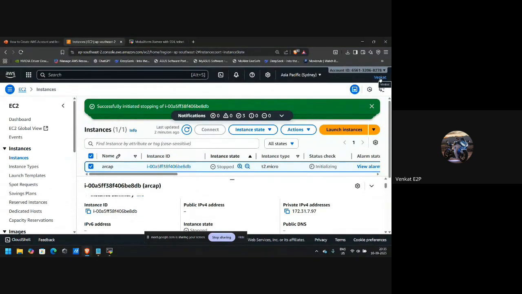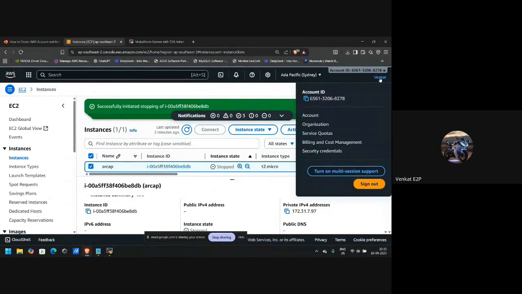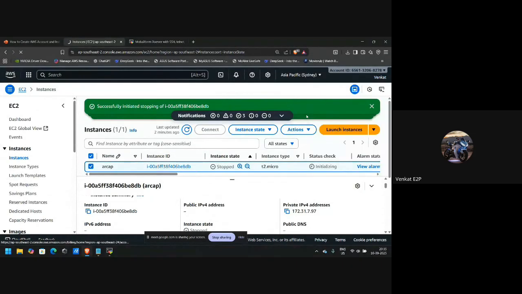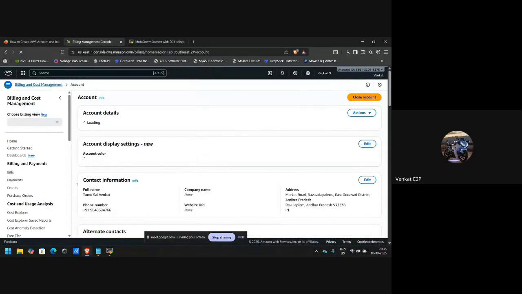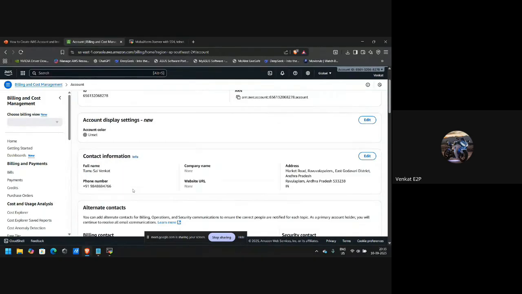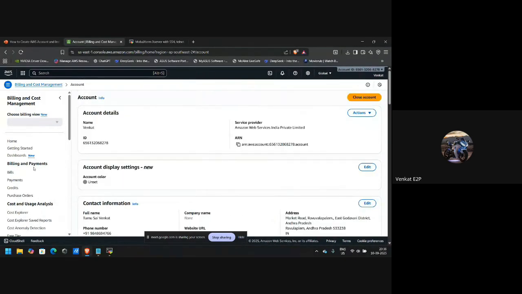So to avoid that, after completing your work, or if the amount is being charged more, go to your account, click on account,